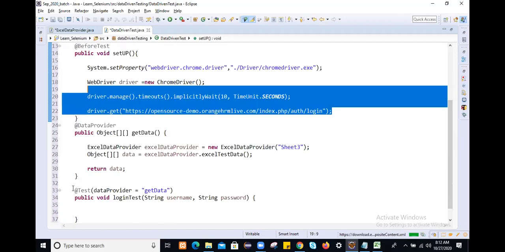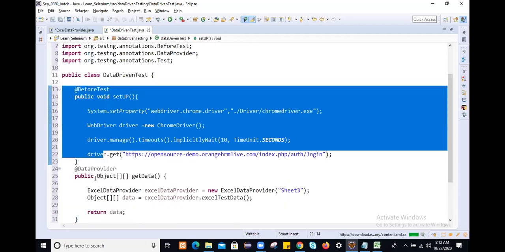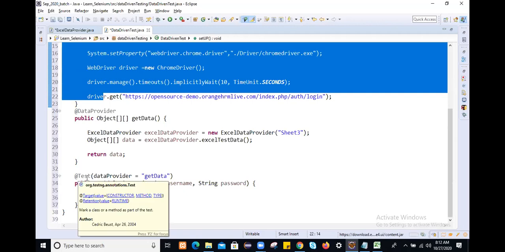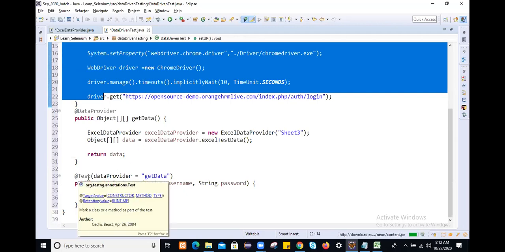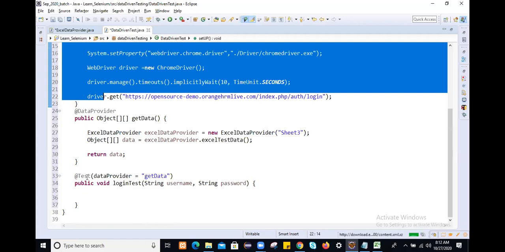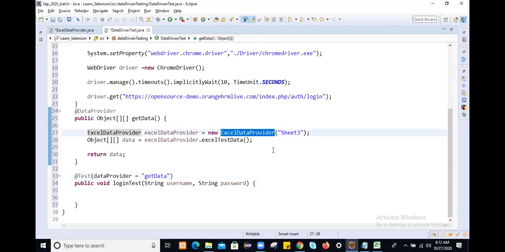So before going to start this test method, it will execute the before test method. Then after that this test will get started for row number 0. Whatever row it will start, for that row it will start that test method. Now this test method has one data provider whose name is get data. It will come here. It will call that Excel data provider. The moment you create this constructor, that Excel data provider constructor will get executed.